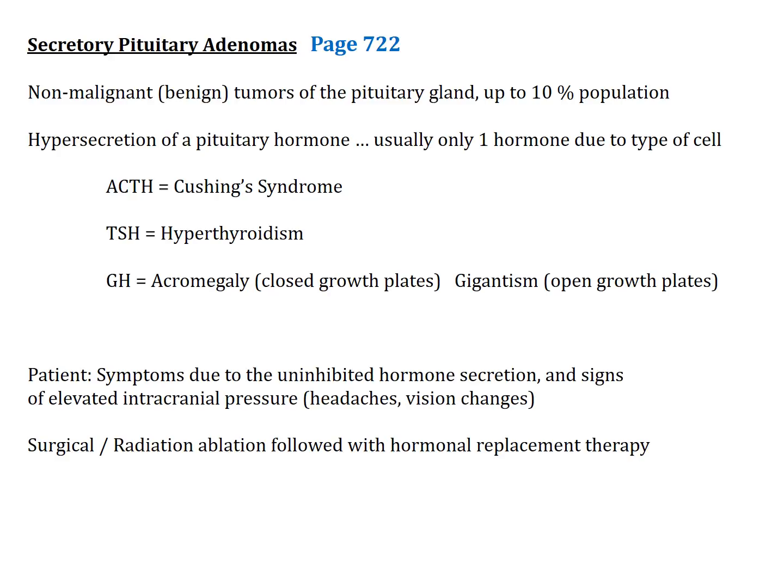How are they treated? They're typically treated surgically, where the adenoma is surgically removed, or the adenoma is ablated with radiation, and then once that tumor is gone, whether it's from surgery or radiation, then it's non-functional, so then the individual has to be replaced with the hormone, right? So sometimes, again, it's easier to treat the hyperfunction with hormone replacement. You get rid of whatever's causing the exaggerated release of the hormone, and then in time, you start to supplement them with whatever it was that you took away, right?